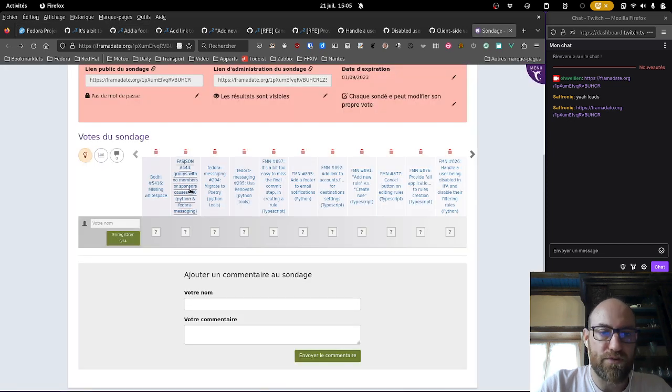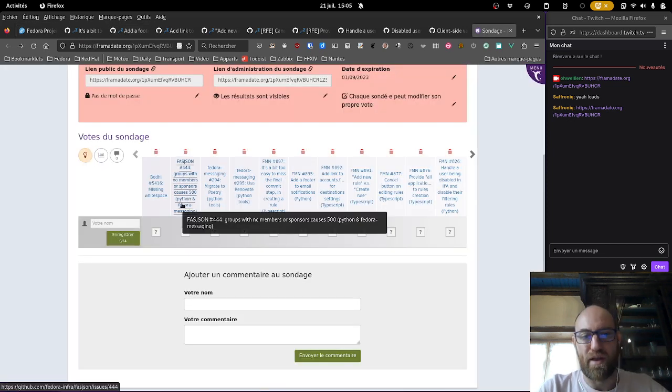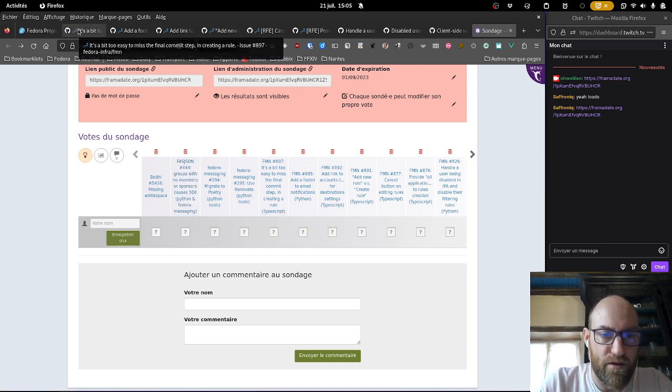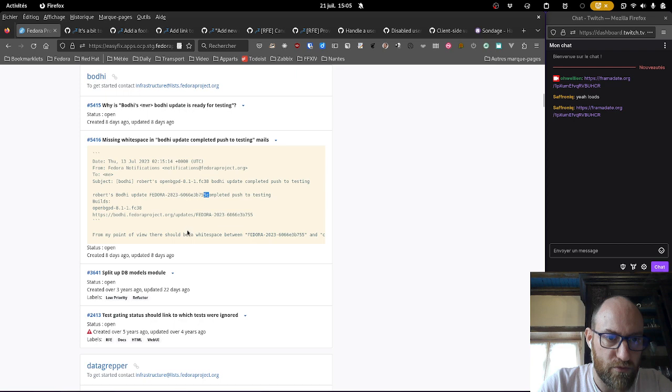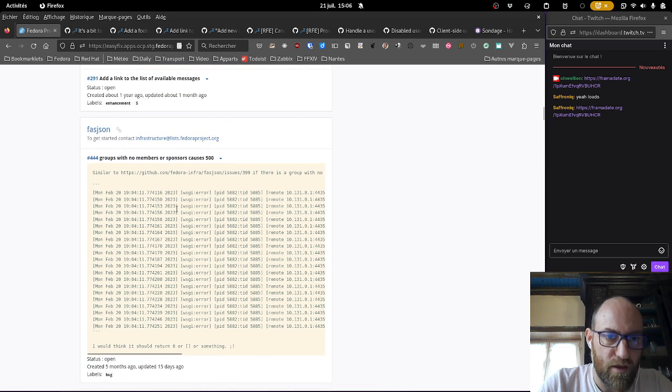So, second one is more complex actually. It's on FastJSON. It's a ticket that has been opened by Kevin. Let me find it again. There's an issue that happens on groups that have sponsors which are a group as well.